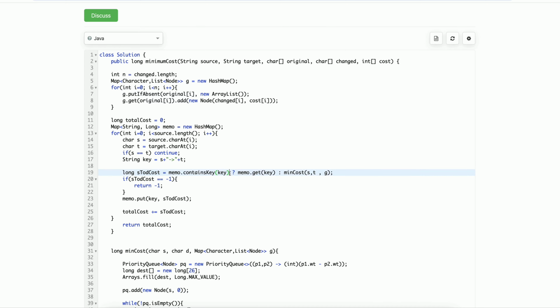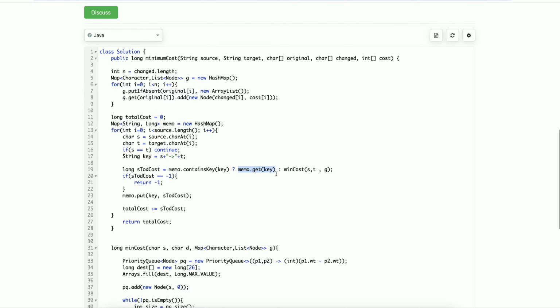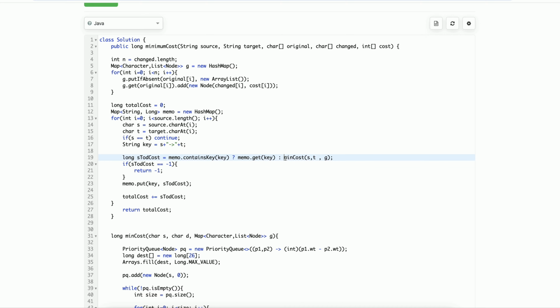First we will check if it is present in our memoization map, then no need to do any further calculation or execution of the code, just get it from the map. Otherwise we will call this function, min cost from source character to target character, using this graph.